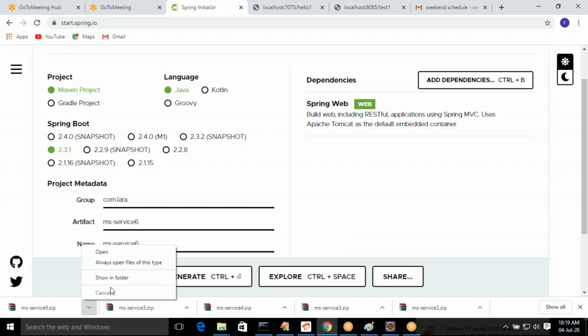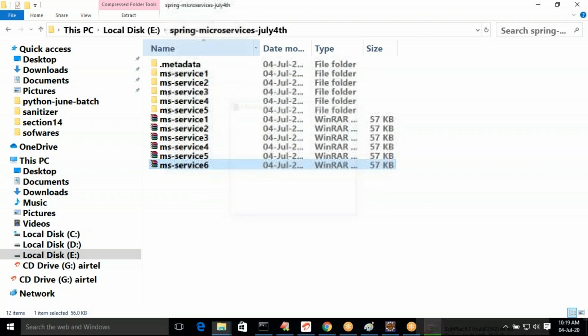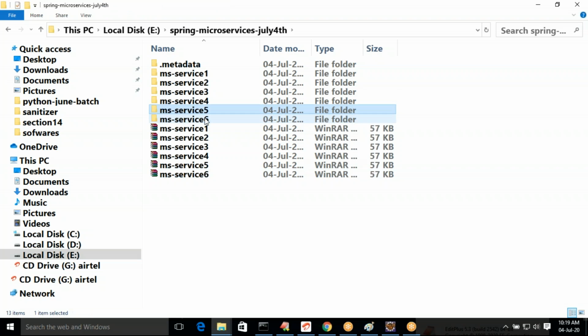Go to the location. Five and 6, MS Service 5, MS Service 6.